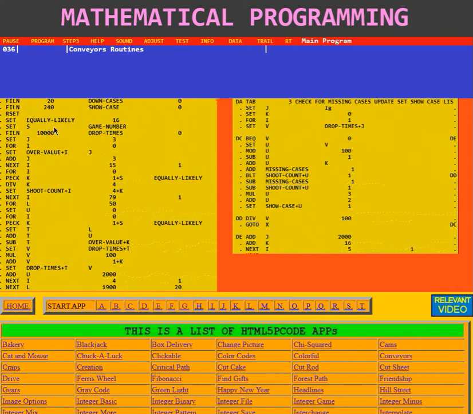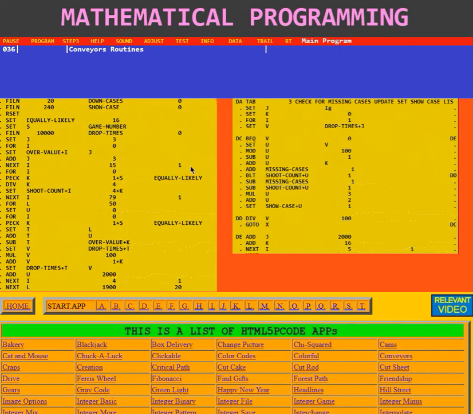Then it sets S to the game number. It's going to use that for the seed for the probability distributions. Then it fills the 10,000 values at drop times with 0. That's the times that it's going to tell it when to drop a case from what conveyor, from what chute onto which conveyor. Then it says set J to 3, and then for I of 0 to 15, one at